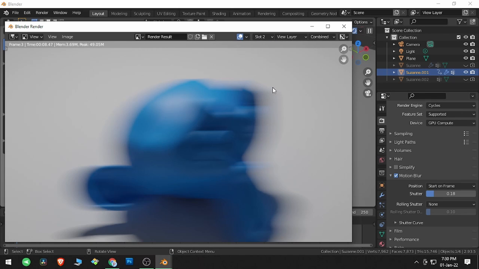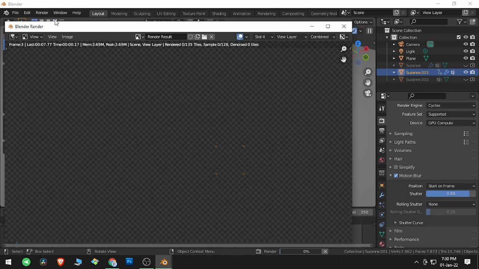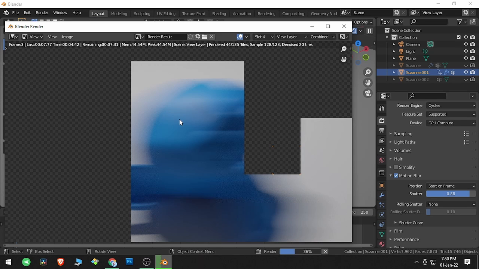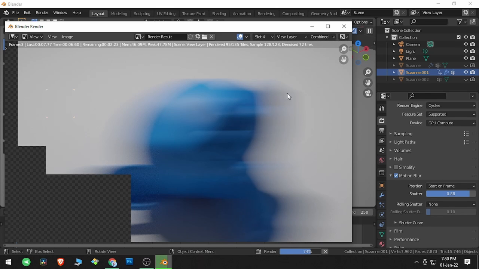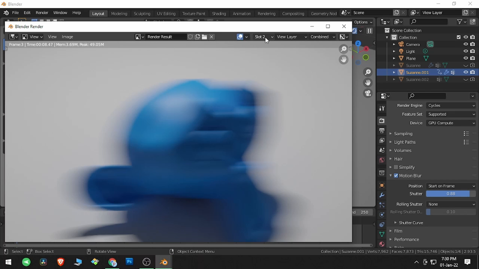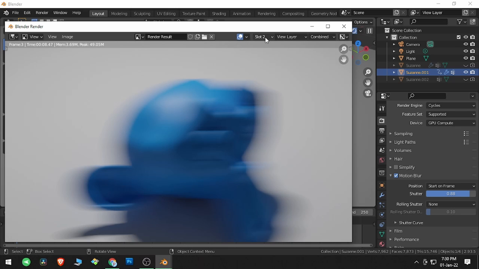So this was previous and this was with less shutter, and if we increase the shutter value more, then let me go to slot 4 and render image, and here you can see the motion blur is too much.